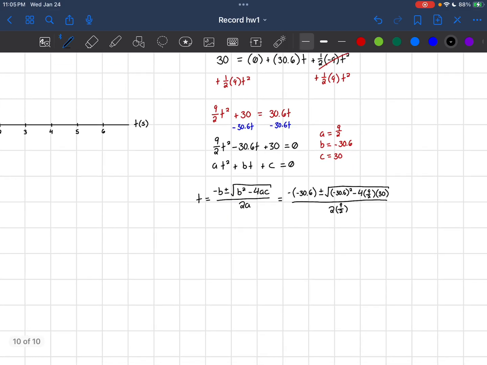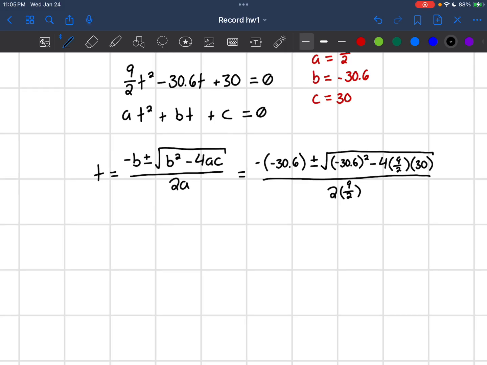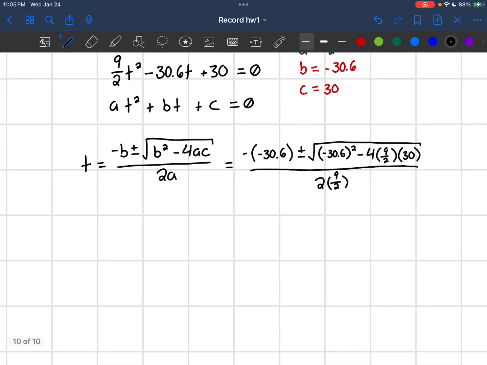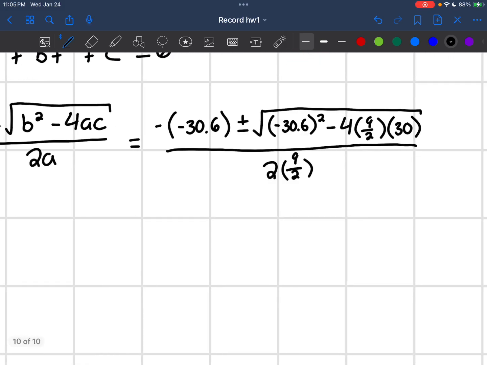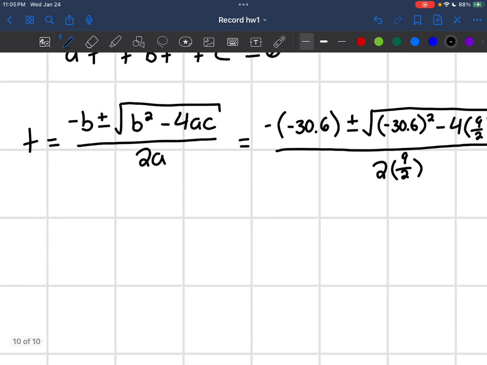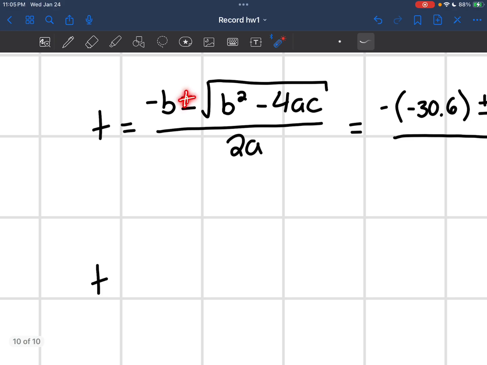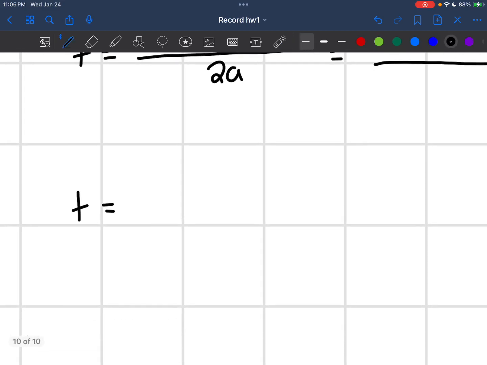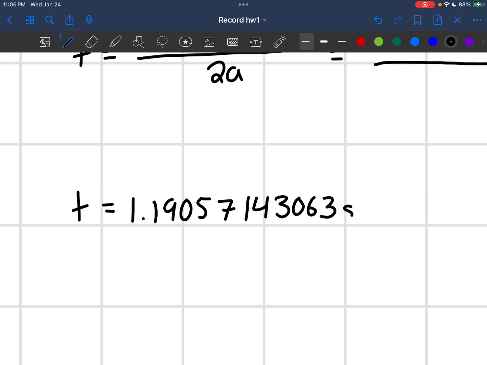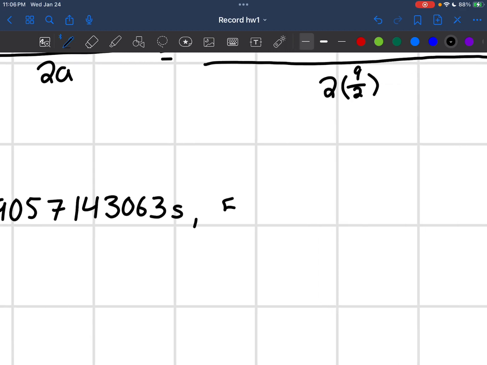I could do some mental math, or I could punch this into a calculator and forget the monstrosity that it is. So I'm going to do that second option. And because I have this plus or minus, right? One answer, I'll get plus for one of my answers, and minus will give me my other answer for t. So my two answers for time, 1.19057143063 seconds, and